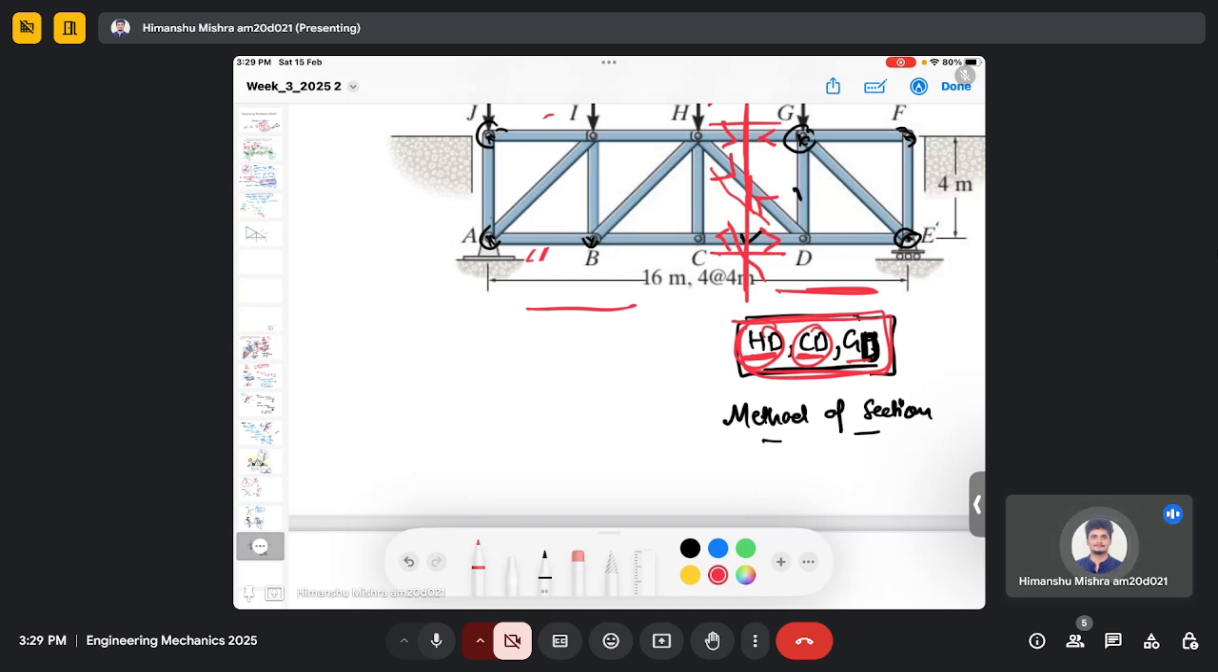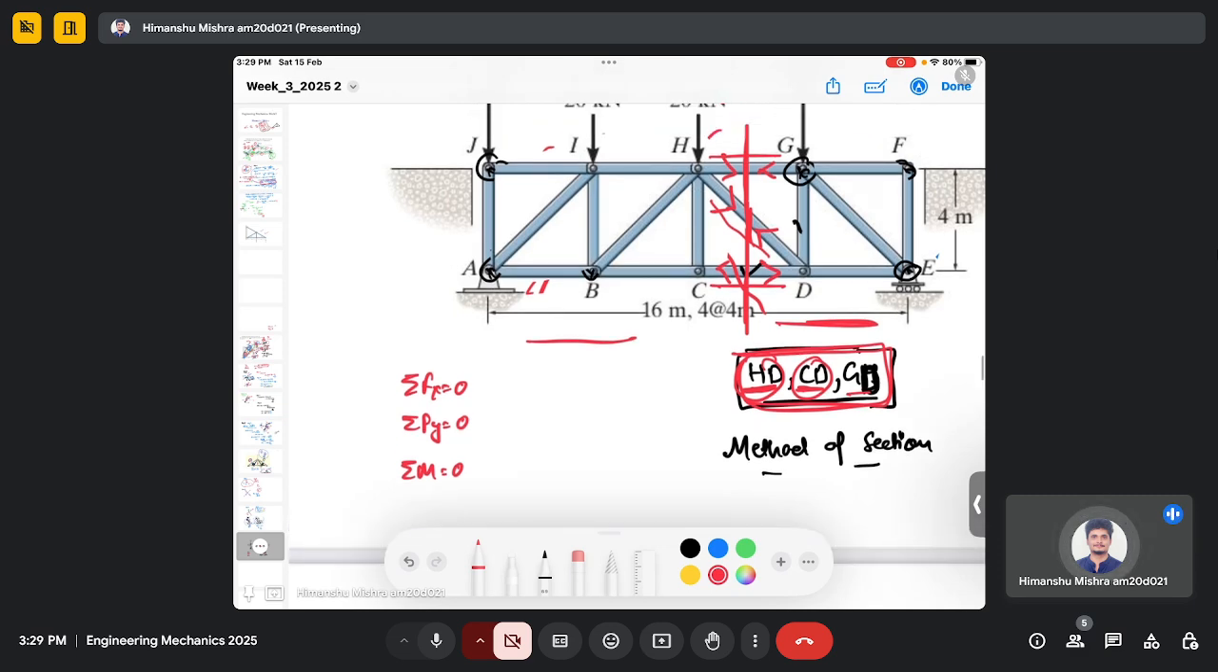So now you can also use the moment equation. In the method of joint, we mostly use the summation of force equations. But now you can also use the moment equation about any point. So you can take a moment at any point. It can be A, it can be E. It actually defines the forces, I mean, it depends on the member whose force you want to calculate. So for example, let's say